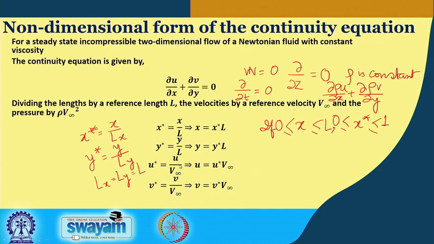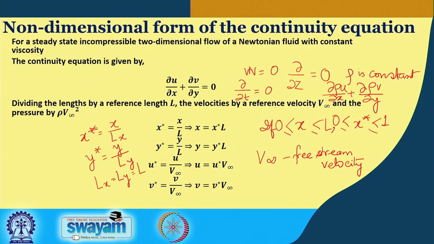Here again we can define some kind of characteristic velocity. Now, in this case you see that we have these two velocities, u and v. Generally, whenever a fluid is flowing and we take it away from some surface, we take that it is going with a free stream velocity. So, we say that V infinity is the free stream velocity. Well, when this is the free stream velocity, we can take it to be the same in any direction.